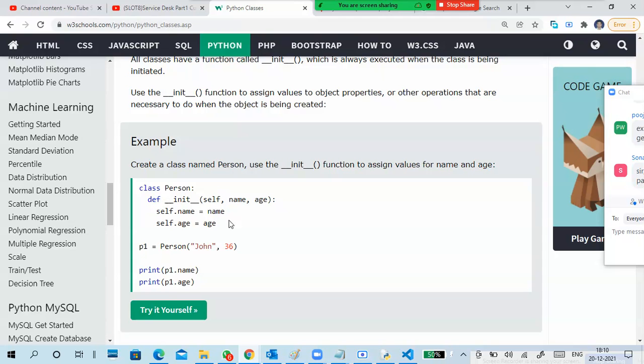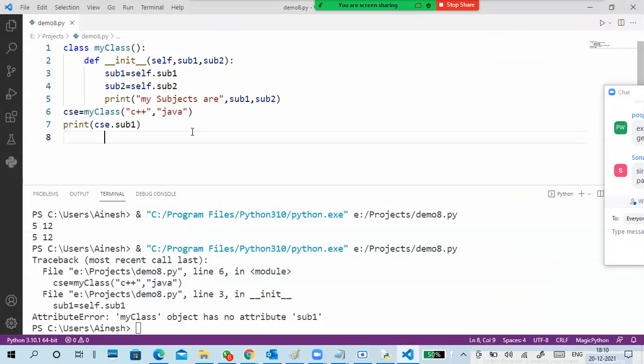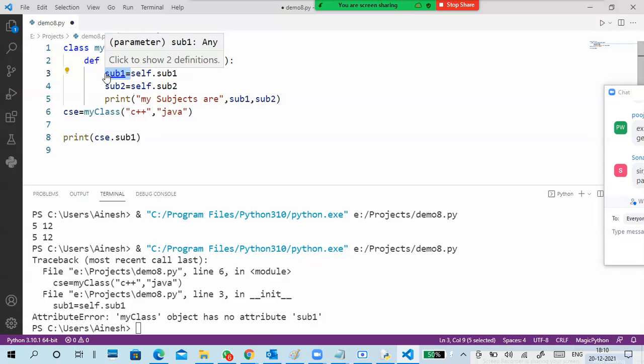Name, age. Okay, so then P1 dot subject one, subject two, sir. P1 dot subject one, P1 dot subject two. Yes, this is my object and subject one. CSC dot subject one, then again print statement CSC dot subject two. No need, one I'm calling. I'm not calling everything, right? Maybe this is wrong. Both are same, na? So it is